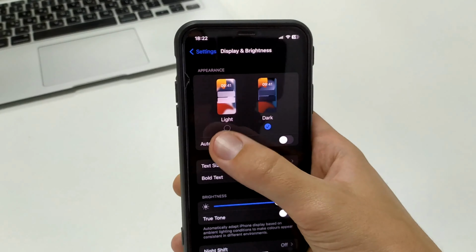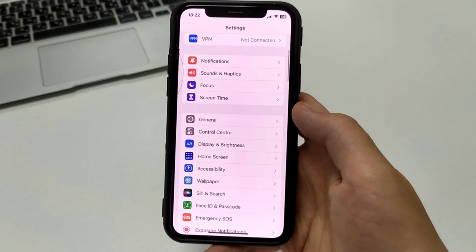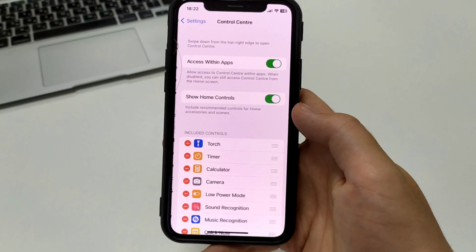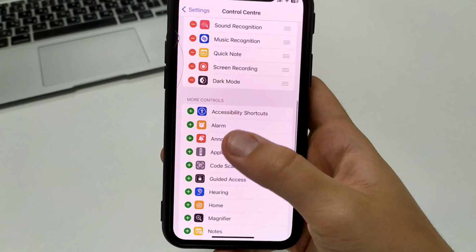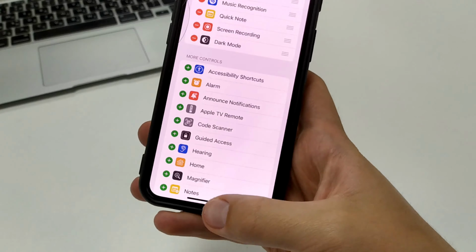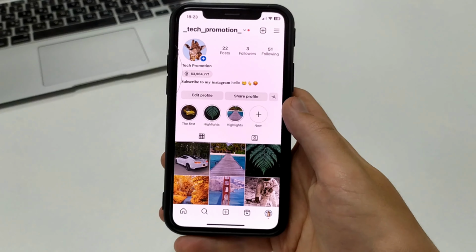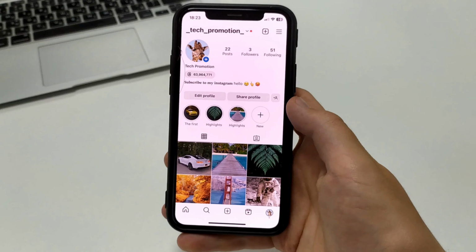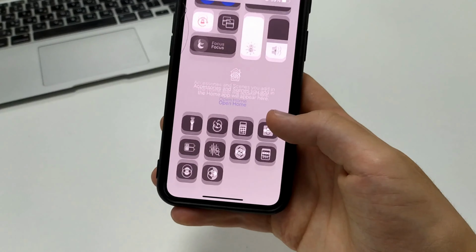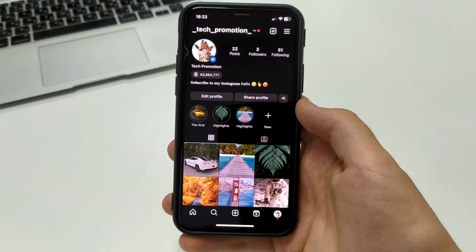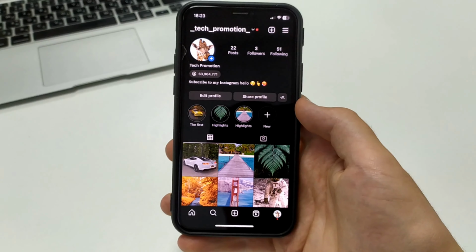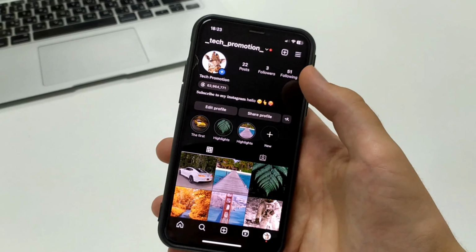There's an even easier way to do it on an iPhone or iPad. Open Settings, Control Center. Here, click on Dark Mode. Add a plus, so that we have the control panel appear. After that, when we're sitting in Instagram, and we want to change to dark mode, we pull the curtain down. Here we press Dark Mode, and Instagram immediately changes to another color.